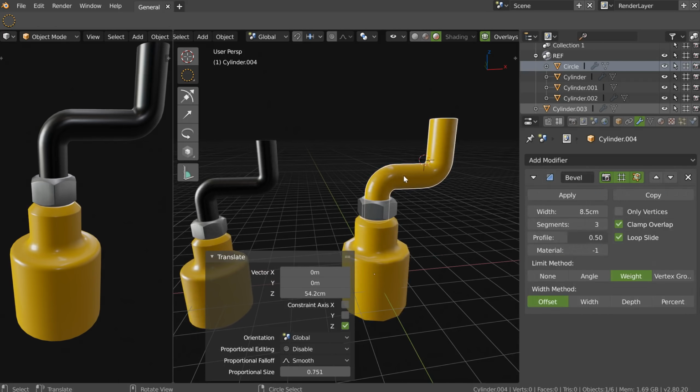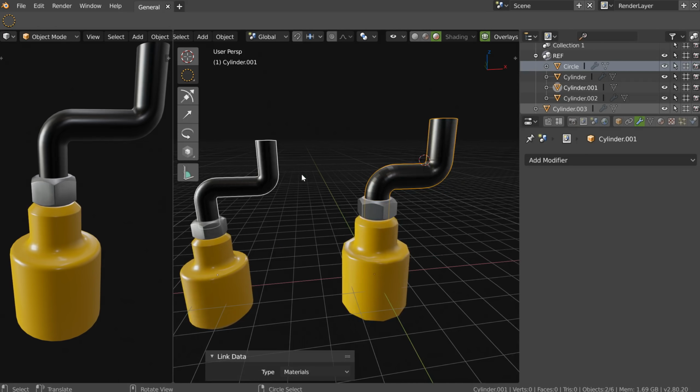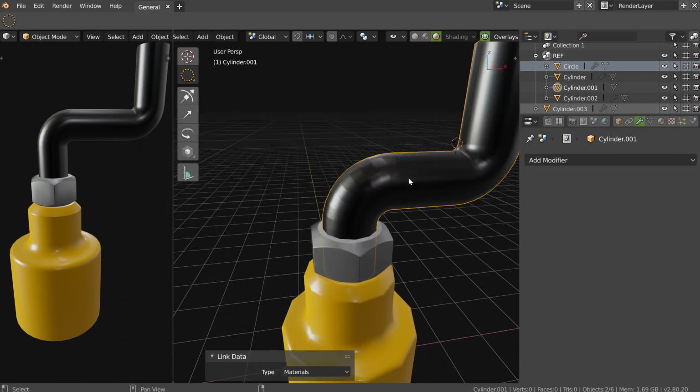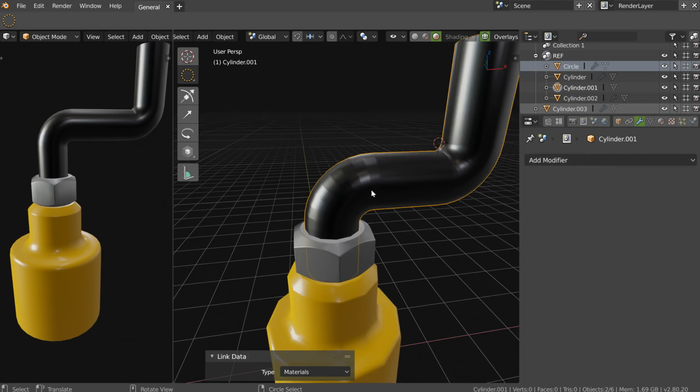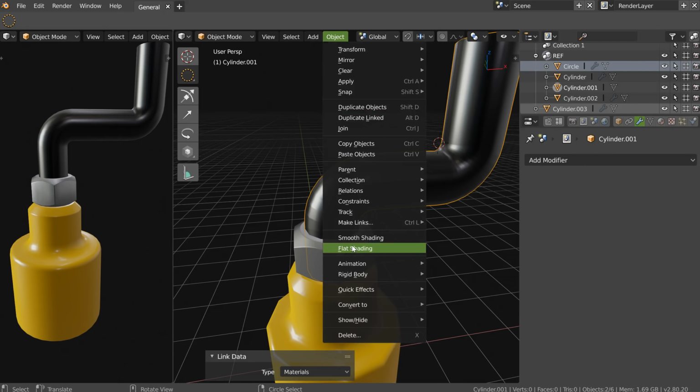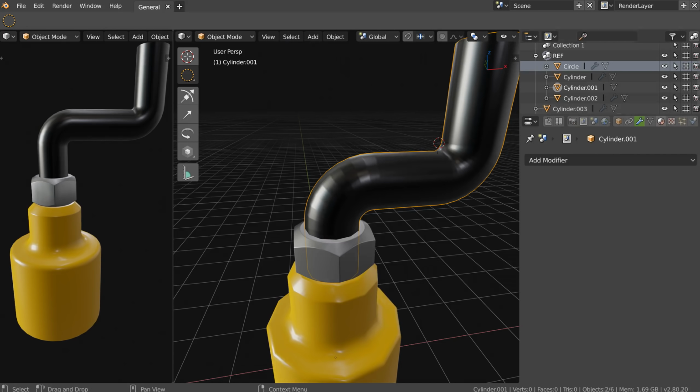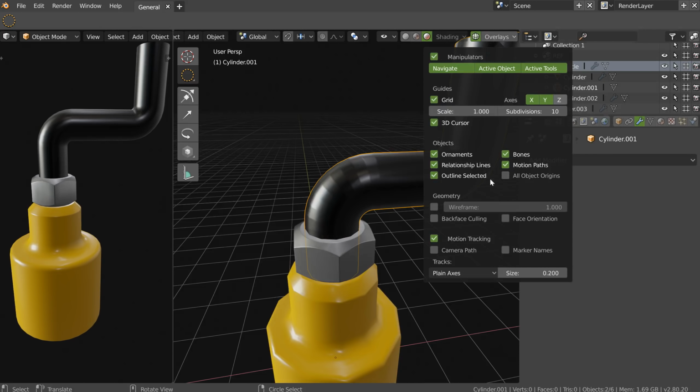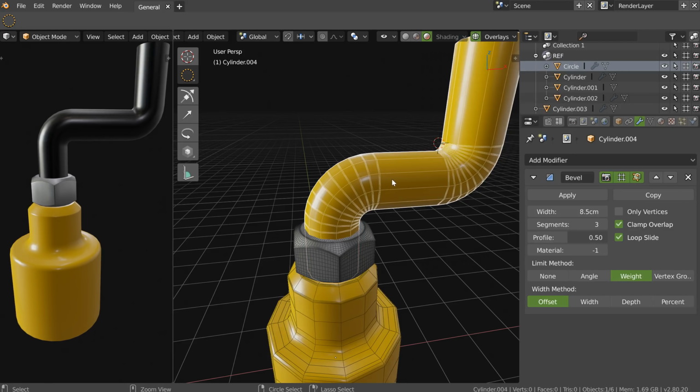Ah no, it was like that. Okay, my bad. Control L, material. And on this one, I have nothing. I have to go in object, smooth shading. Maybe I applied the wireframe. Yes, my bad. I will undo.